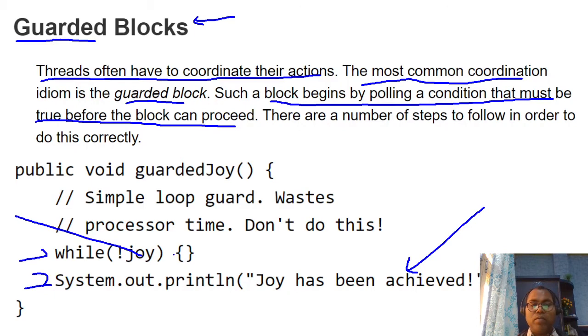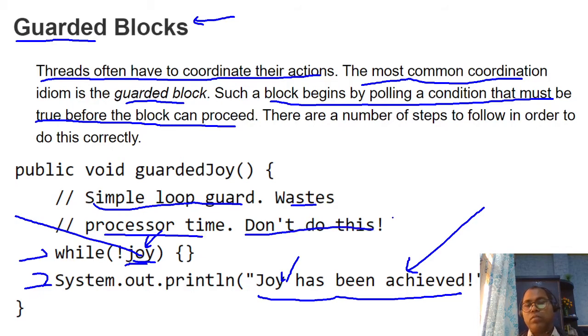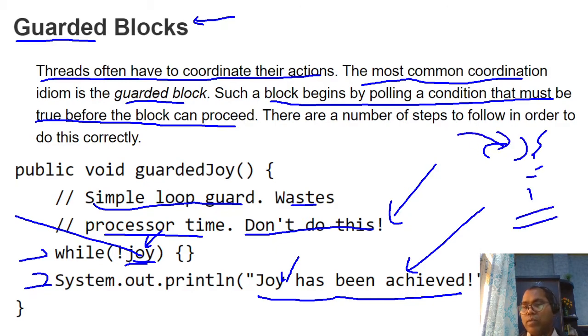So generally developers write while(true) until someone changes this value, and only when the condition has been achieved does it proceed. This is a simple loop guard, but it wastes processor time, so don't do this. Sometimes a developer writes a while loop, waiting for someone to change the status, and after that goes on to steps 1, 2, 3.